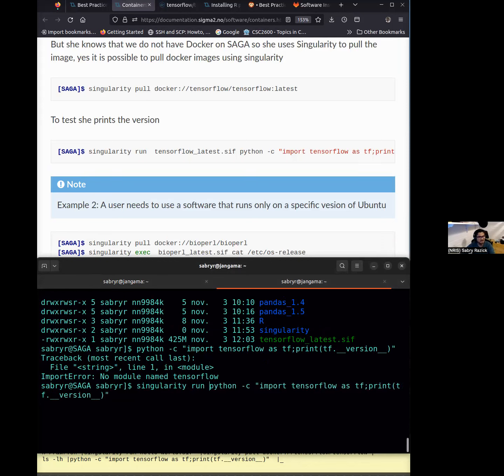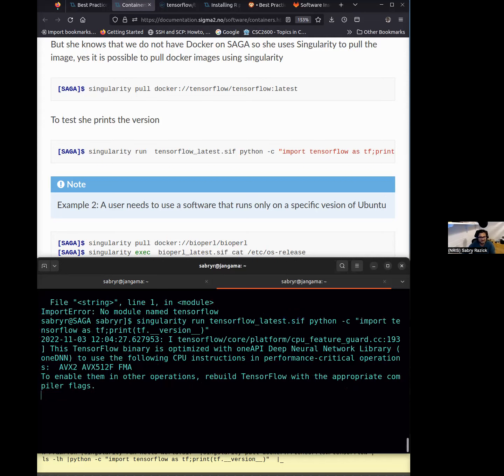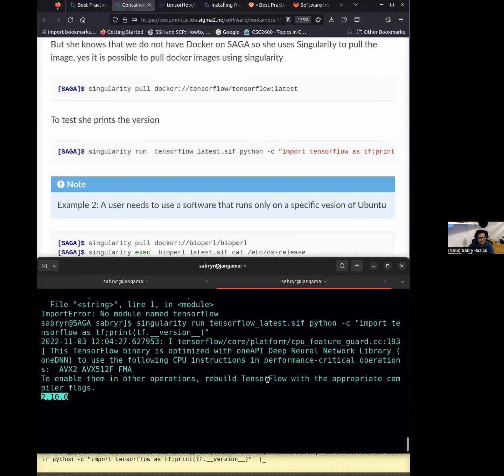Run. And then TensorFlow. No, is it run or is it execute in this case? Because you know that you will use Python. Very good point. Now in this case, the TensorFlow module, they have made sure that run will call the default. By default, it will do what we want. So now it just went and analyzed some things, and it printed the TensorFlow version.